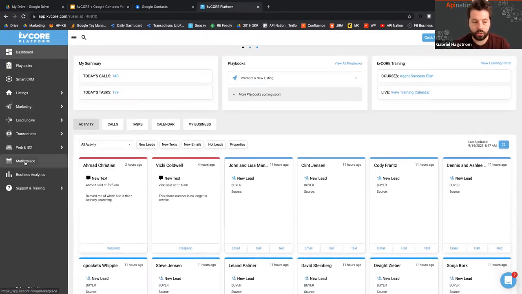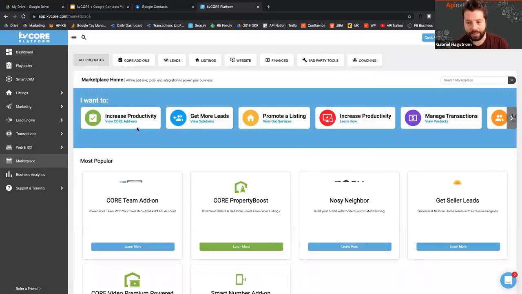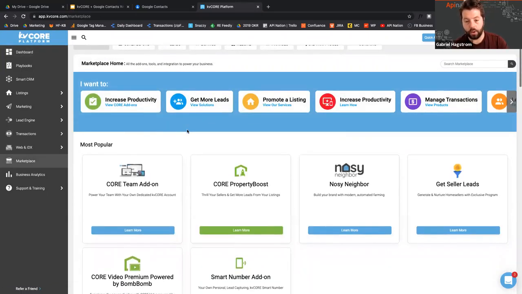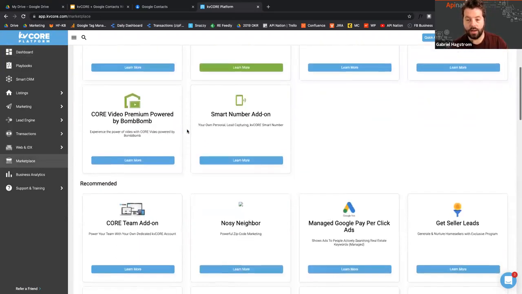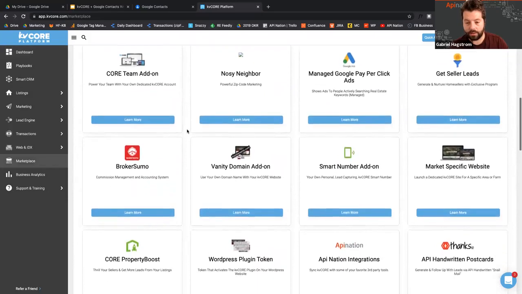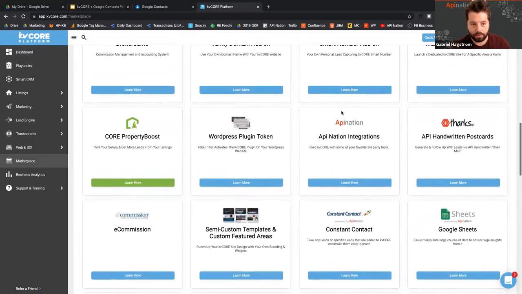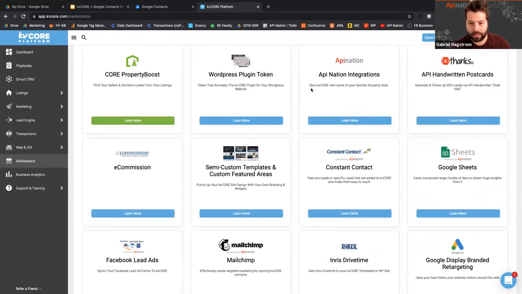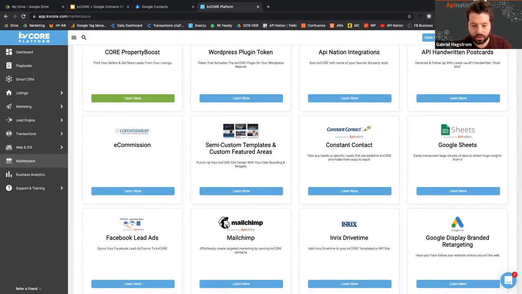I'm going to go over here to the marketplace. And the marketplace is a great place to look for ways to boost your productivity. There's a ton of different options in here that can help you save some time in different ways. A lot of these are from the kvCORE team, you know, smart number add-on, property boost, but there is also stuff like Thanks.io, which allows you to send out handwritten cards to people. There's stuff like our MailChimp integration, which allows you to send out beautiful email newsletters to the people you choose